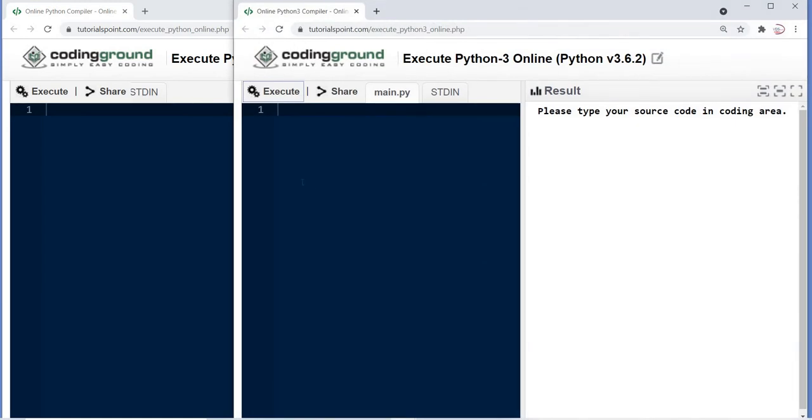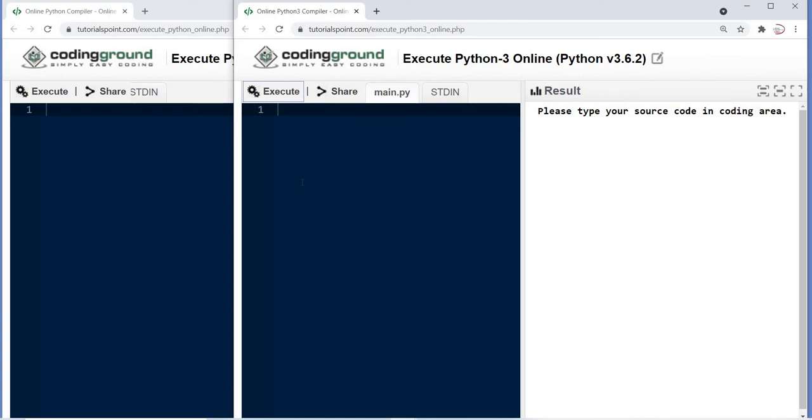Okay, so range and xrange are two functions that could be used to iterate a certain number of times using a for loop in Python. In Python 3 there is no xrange, but the range function behaves like xrange in Python 2. Now if we want to write code that will run on both Python 3 and Python 2, then we should use only the range function.